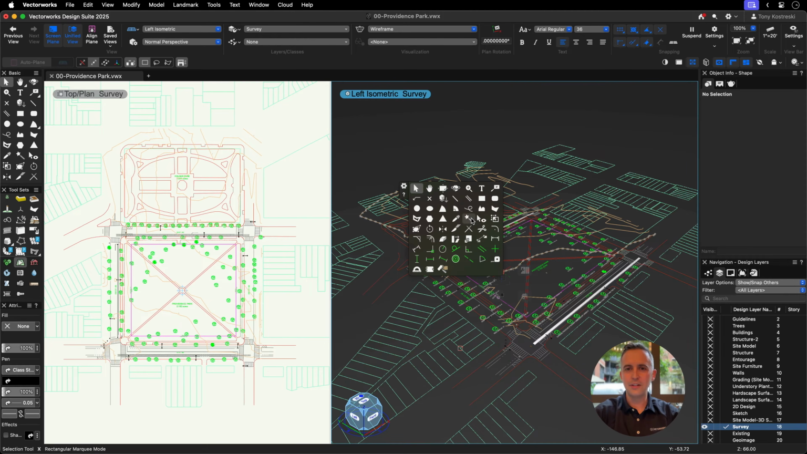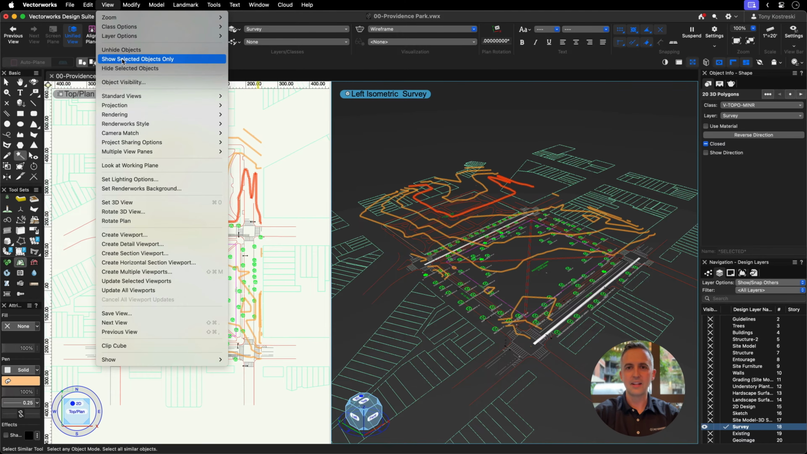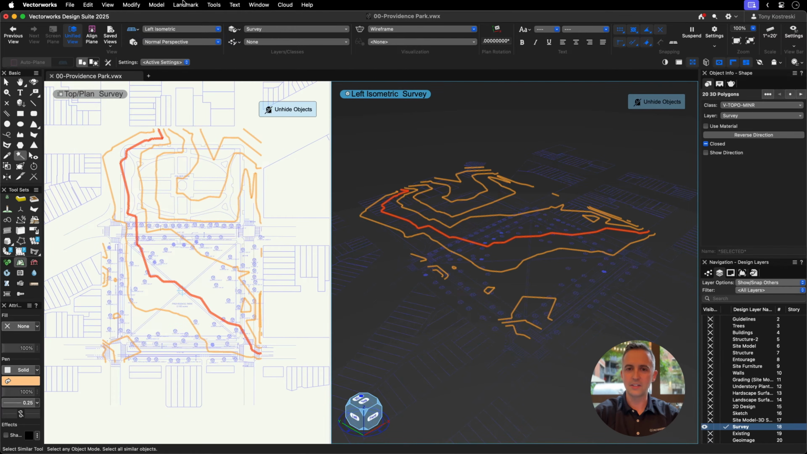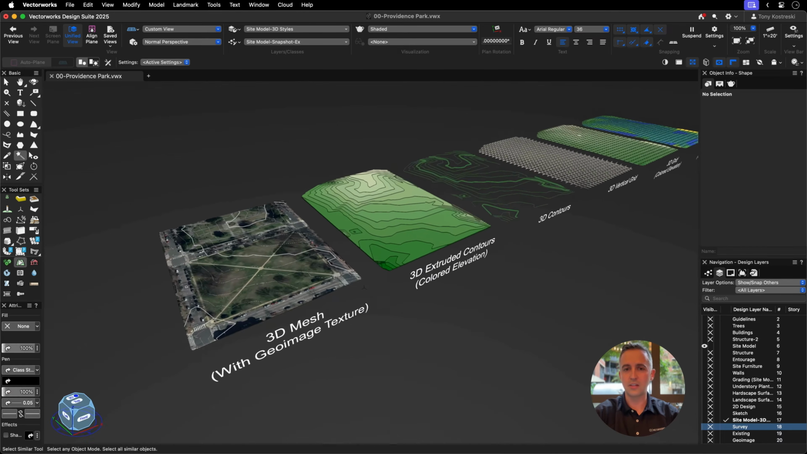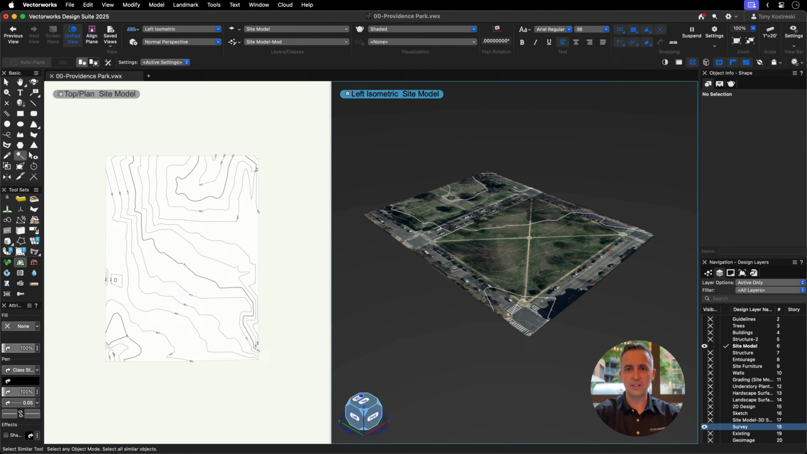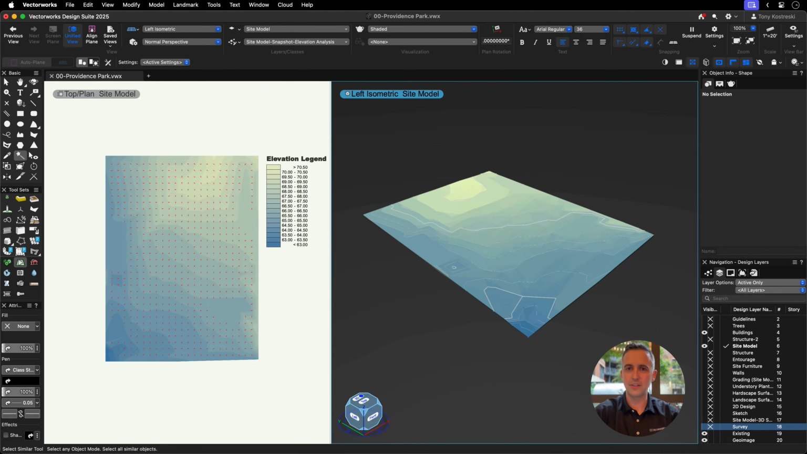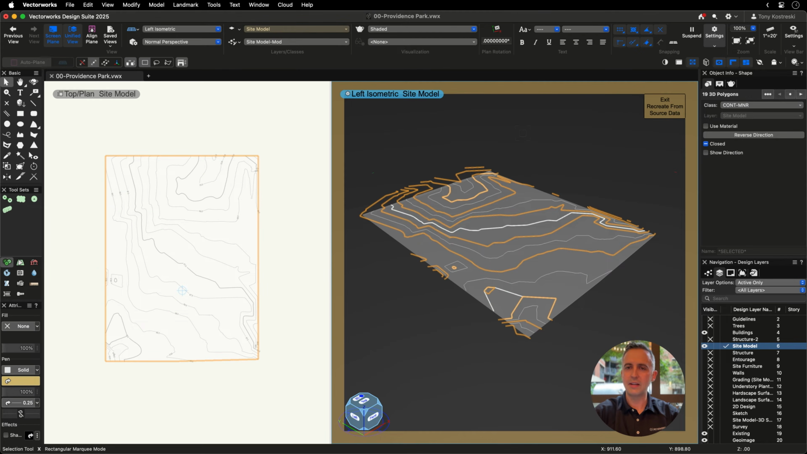There are intuitive tools to help you generate a terrain model from source information, like contours and spot elevations, and display it in both 2D and in 3D. You can define the contour intervals and display the site model as a mesh, extruded contours, or other options. You can even analyze for slope and elevation and use a desired color range for the graphical representation both in 2D and in 3D. And since the site model always maintains its source data, you can make changes throughout the